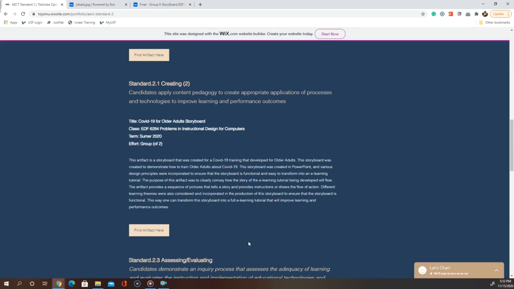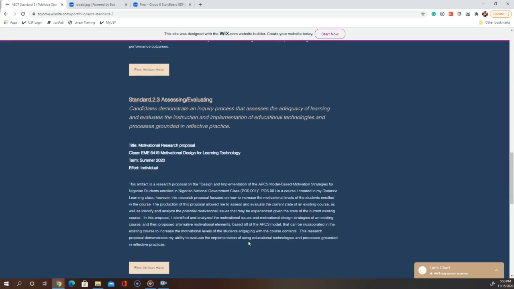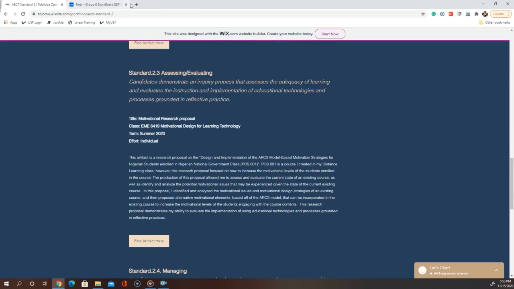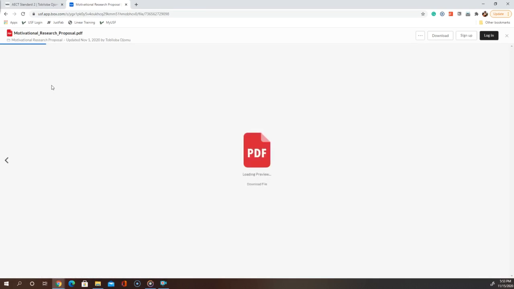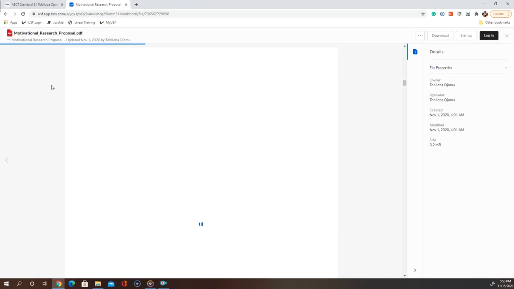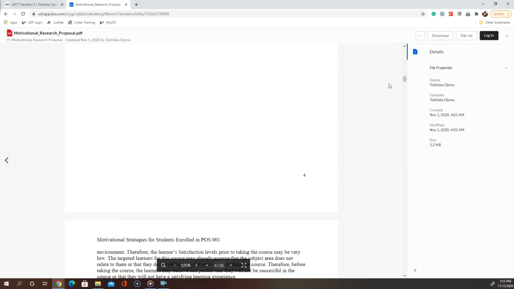learning and performance outcomes. Next is Substandard 2.3, Assessing and Evaluating, and here a candidate is to demonstrate an inquiry process that assesses the adequacy of learning and evaluates the instruction and implementation of educational technologies and processes grounded in reflective practice. The artifact that demonstrates the substandard is a motivational research proposal that was produced in my Motivational Design for